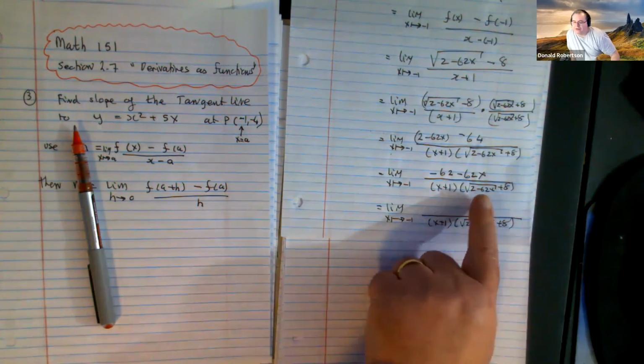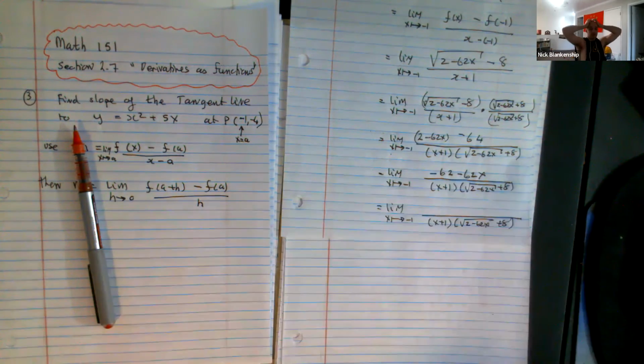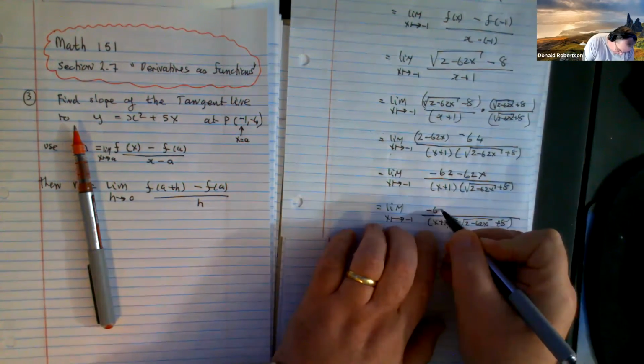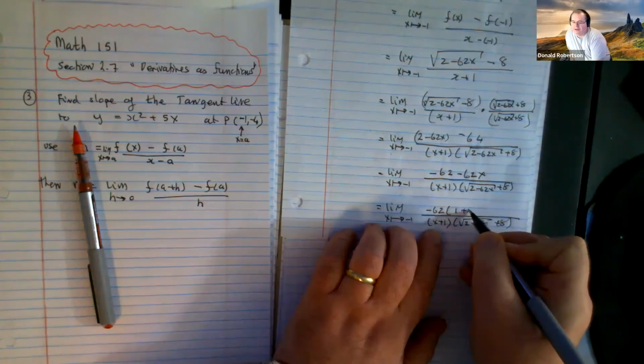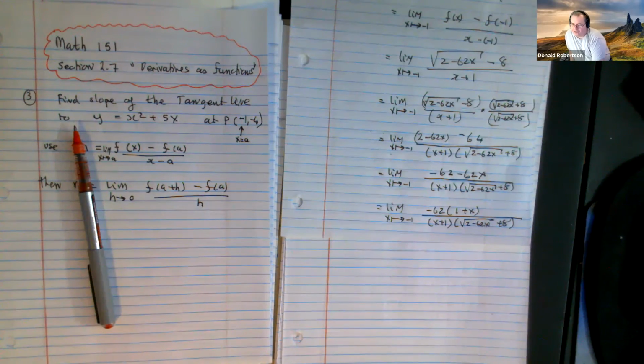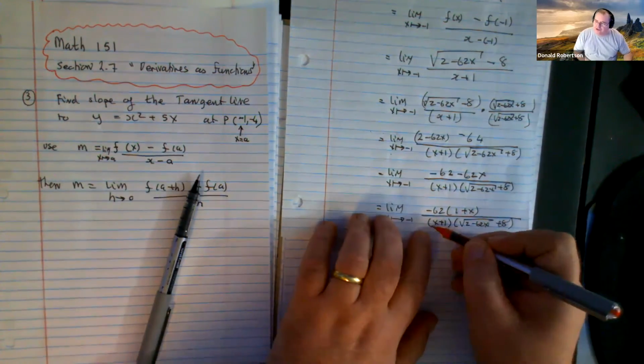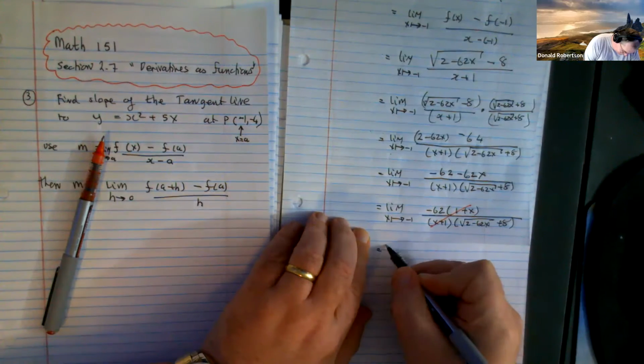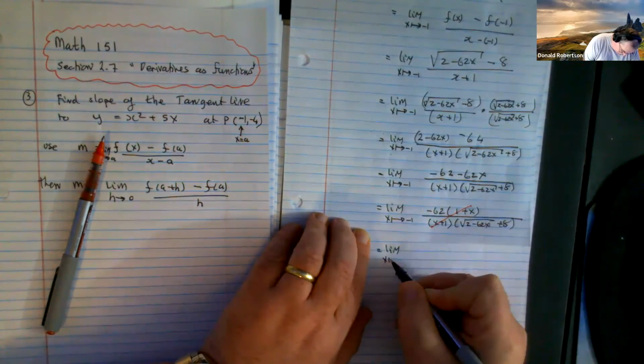How am I going to factor the top? Just factor out 62 or -62 and cancel. Would you agree that -62 would be a much better choice? Agreed? Now, do you notice that the top says 1 plus x and the one underneath it says x plus 1? Isn't that totally okay? Aren't they the same thing? So when I cancel them, they just cancel out, right? They don't change anything. So we now are left with the limit as x tends to -1 of this guy